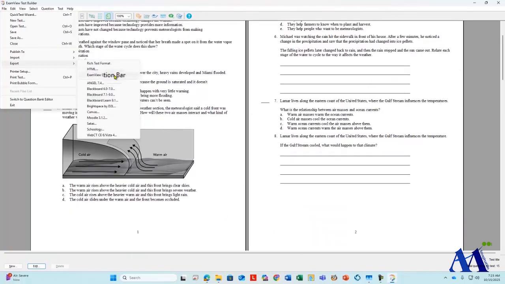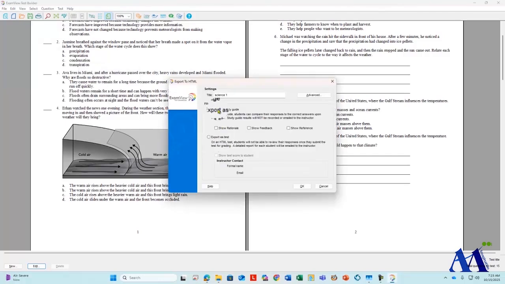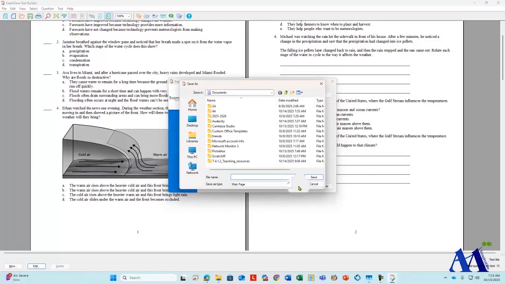Next, HTML exam view question. I will choose HTML here, export as study guide, or show rotation, export as test. So export as study guide, but if you want to export as test, it will create a link and you can send it to your students and they can follow. Let me first export as study guide. Click OK, and